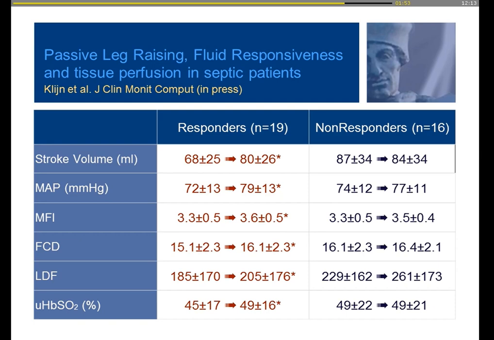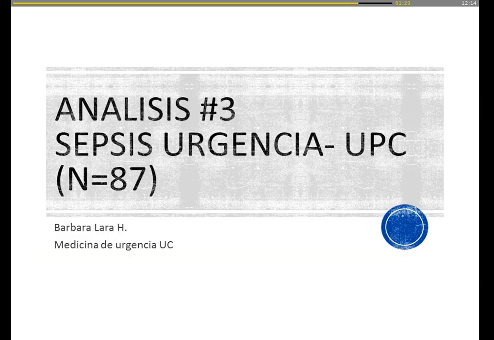And looking at the MFI effect in the responders, that doesn't help. If your microcirculation is normal, making it more normal by giving fluids, that's not, let's say, a very smart endpoint of your resuscitation, although the increase was significant. Yeah, it does something. But who needs a microcirculation more than normal? That doesn't make any sense. And so if your microcirculation is normal, then please do not give fluids or increase CVP. And especially do not increase CVP, it will only get worse.